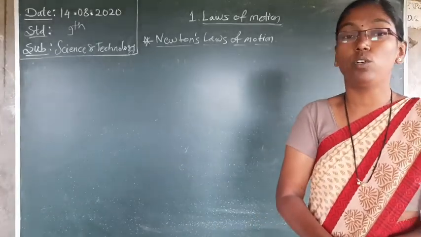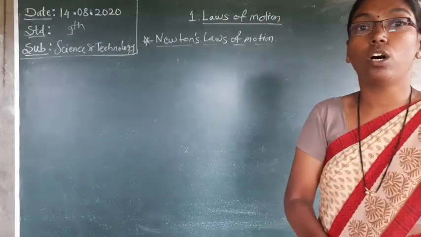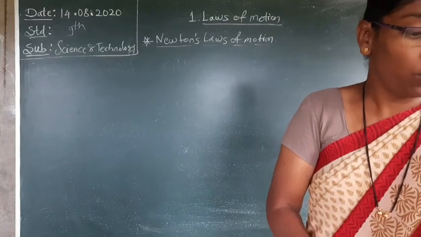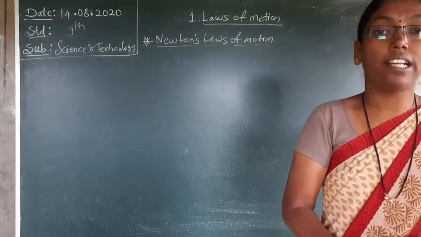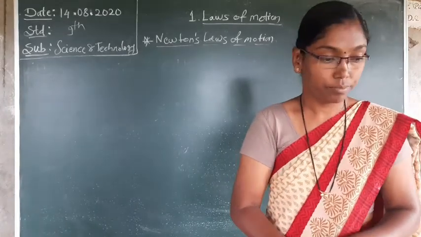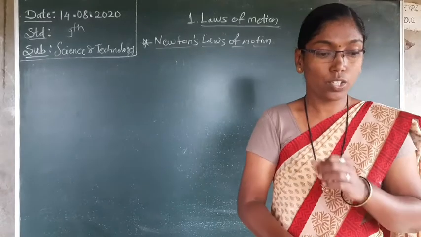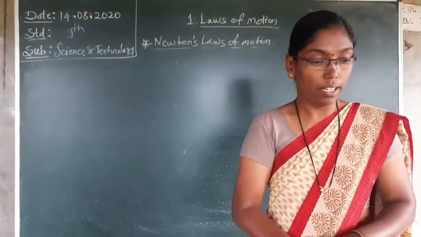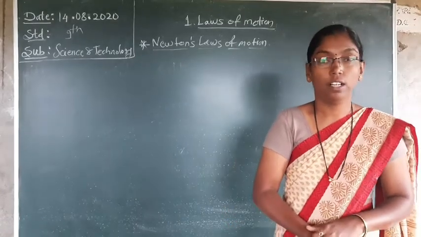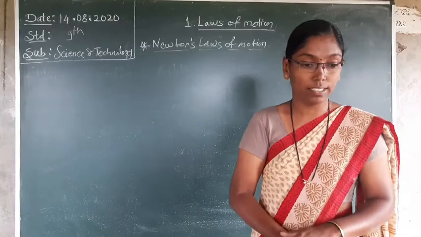In that, they gave you one activity. Through this activity, we see the first law of motion. What is the activity? I will read it; you can see it in your textbook. Fill the glass with sand and keep a piece of cardboard on it. Keep a 5 rupee coin on the cardboard. Now strike the cardboard with your fingers and observe what happens. They gave you the activity and you can do it as it is.